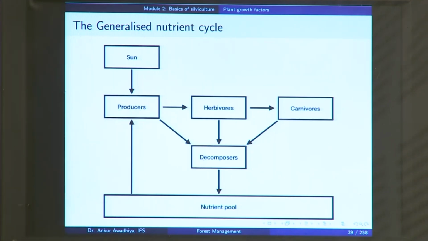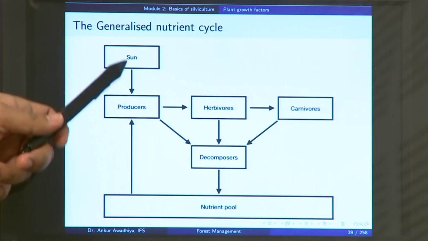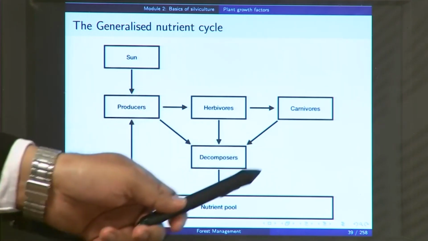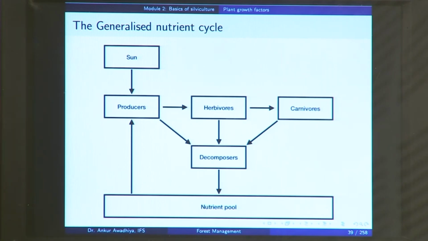Now, decomposers are those organisms that are taking up these dead portions, and then they are feeding on these dead portions. So, they are also getting their energy, they are also getting their nutrients from these dead portions, and they are releasing these nutrients back to the nutrient pool. So, they are taking these nutrients which were there in the bodies of these plants which are now dead, and they are acting on those. They get the energy, they get the nutrients, and then when they die, these are getting released back into the